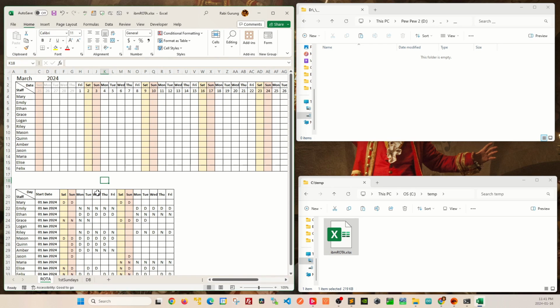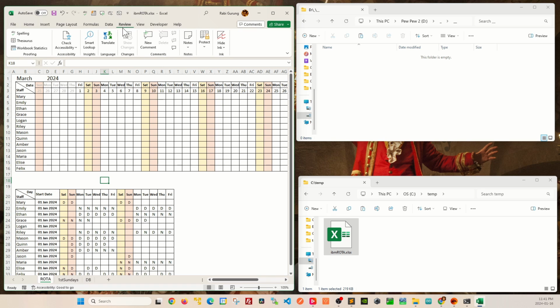If you have ever locked your worksheet and forgot your password, this is how you can unlock it without the password. But before I show you how you can unlock without the password, let me show you how you can lock the worksheet. First, you're going to go to Review on the ribbon, and after go Protect Sheet, and I'm